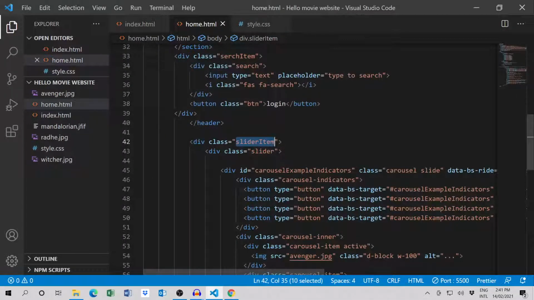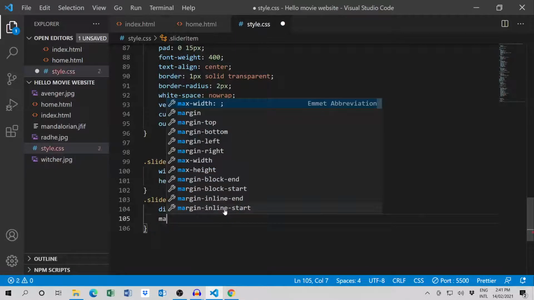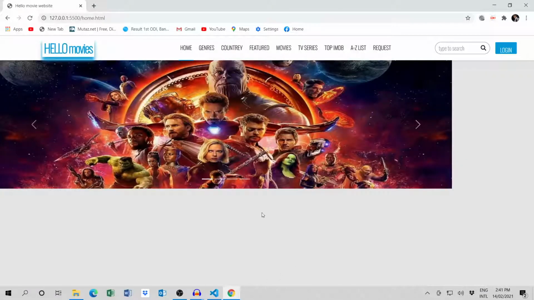let's copy this. I want this display will be flex. I will add more item, and margin top will be 70 pixel below the header. So now, okay,